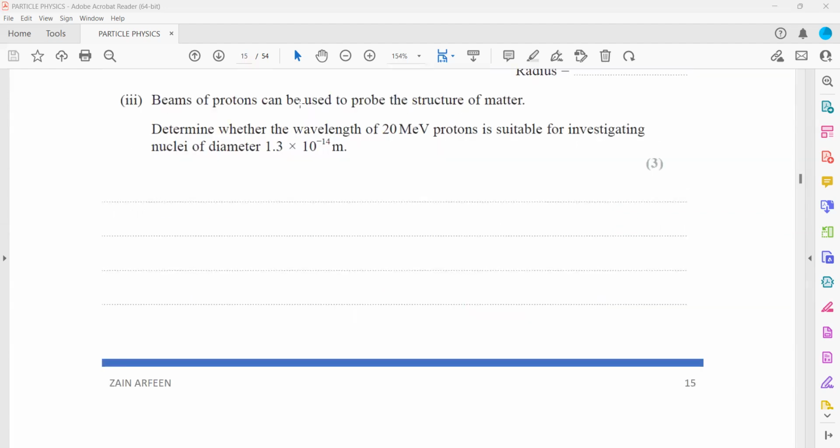Next, the beam of protons can be used to probe the structure of matter. Determine whether the wavelength of a 20 mega electron volt proton is suitable to investigate a nucleus of a diameter 1.3. So if you want to investigate, basically the wavelength should be equal to the gap size. We will compare the wavelength with the size, we have the radius, but we'll compare with the, because